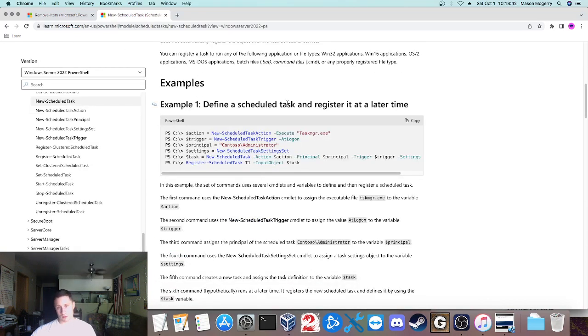And then it usually gives you examples. So in this one, it tells you this is how you basically can create a scheduled task. Now, let me slow down and kind of back up here. What is a scheduled task? If you don't know,